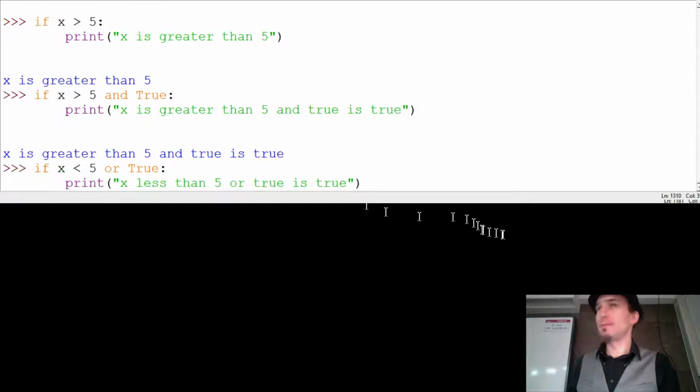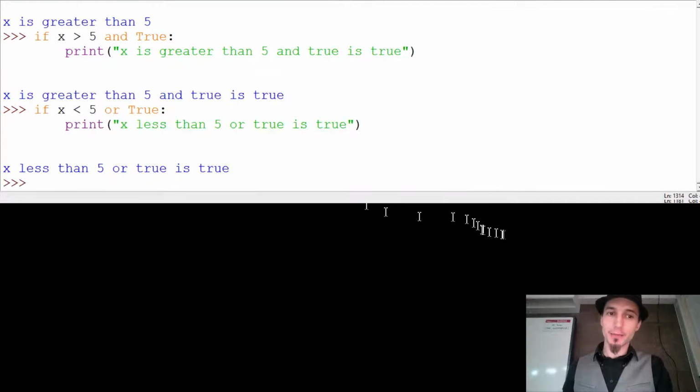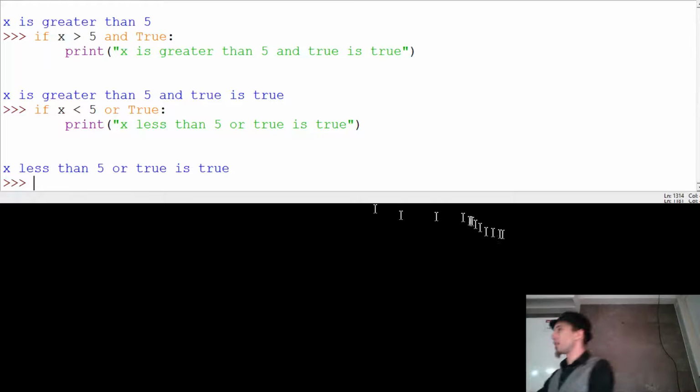Anyone? Or, if any of the comparisons are true, then it's true. Correct. If any of the expressions on either side of the or are true, the whole thing will evaluate to true. You can also combine them. So we can do something like